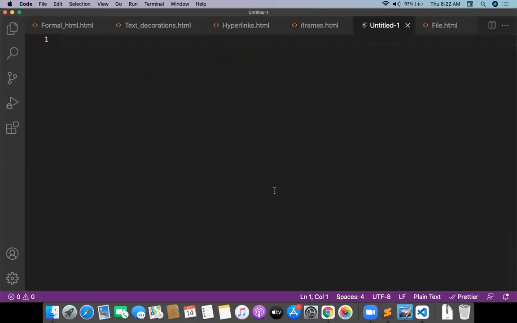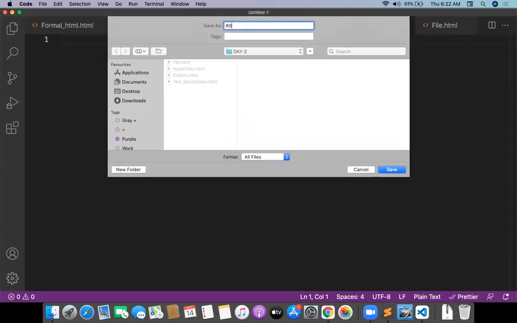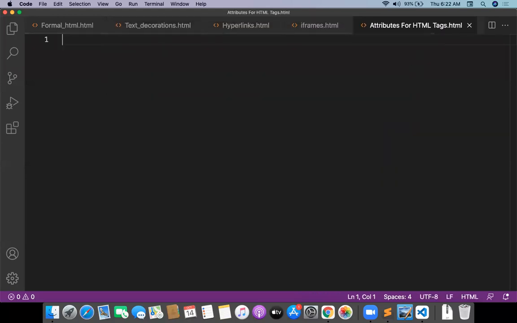Next, I just want to discuss with you multiple kinds of attributes for HTML tags. Let me go with the first attribute, the title attribute. What about the title attribute?